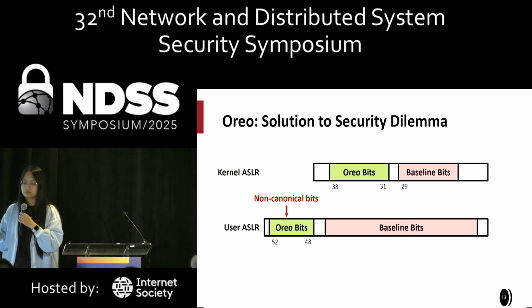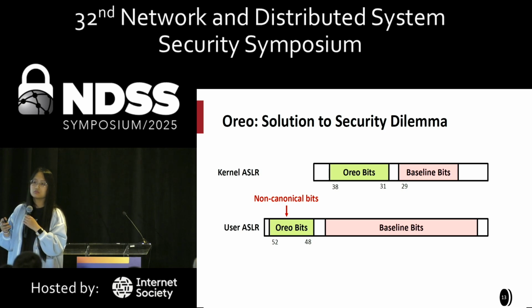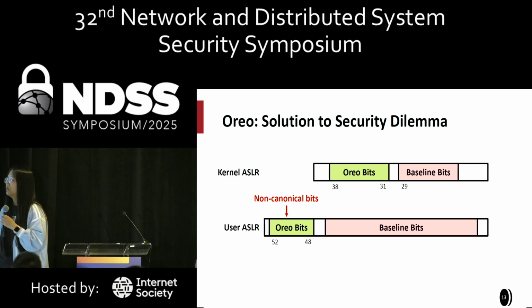Okay, so did you use any legacy library? Say, when you use this virtual address, you need to clear these first few bits and pass this canonical address to the library to use. And when this library returns a raw pointer to you, how do you recover these Oreo bits? Are they all the same? This is a compatibility issue with unchanged code, unless you change everything, the whole software stack.